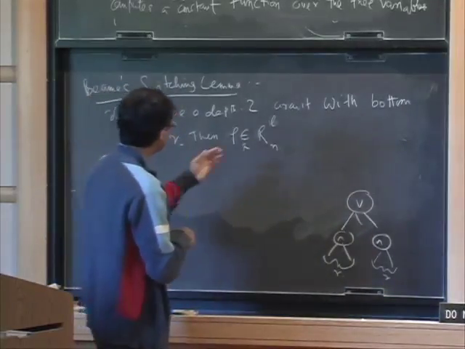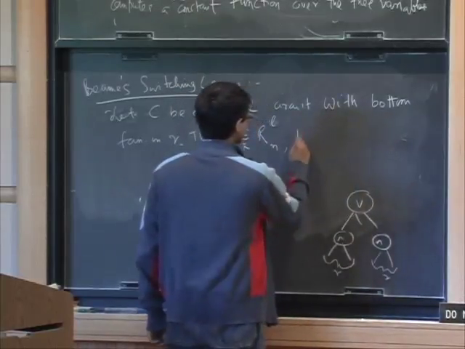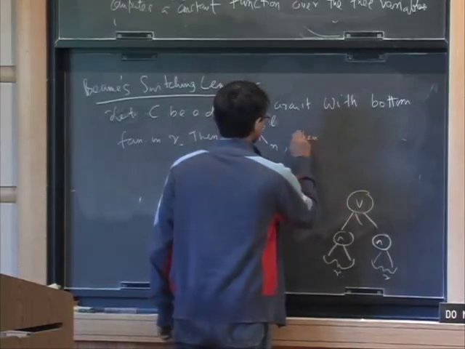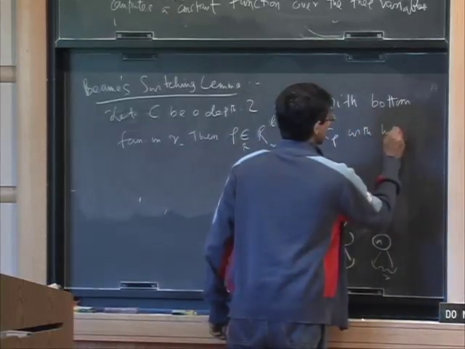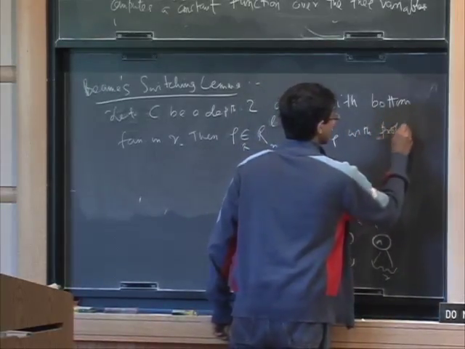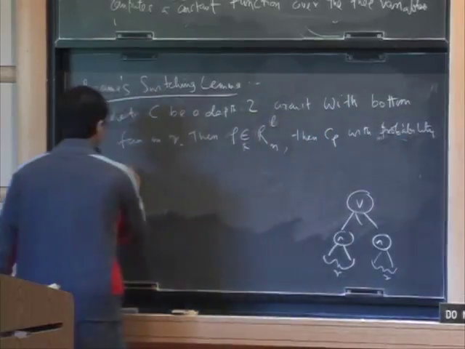So if I choose a random restriction from this space, then the restricted circuit, with high probability, in fact at least